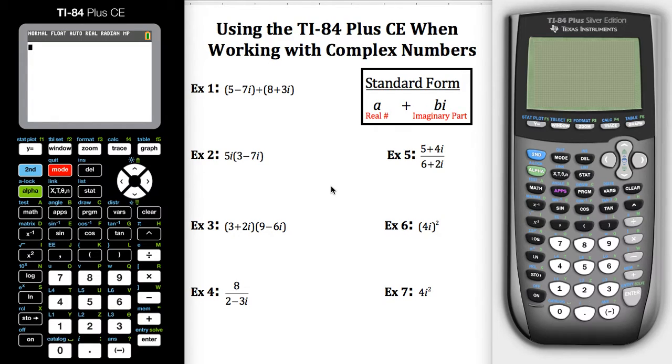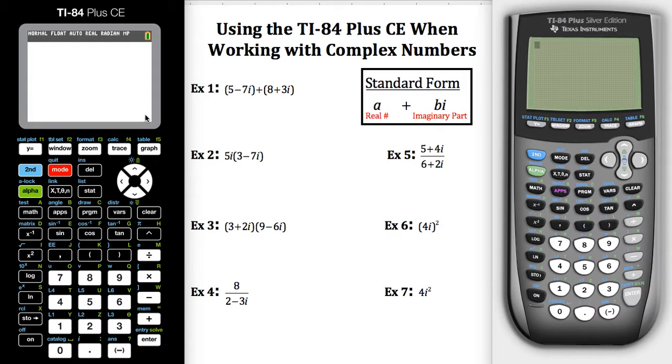We're going to be using the TI-84 Plus CE graphing calculator to demonstrate how you would use it to work with complex numbers. Over here on the left is the Plus CE calculator, which I will be using for the majority of the demonstration. I do have the TI-84 Plus Silver Edition, the older calculator, pulled up there, and I will show you one major difference when doing example number 4. The older technology, you're going to have to do a little bit more to get the answer,